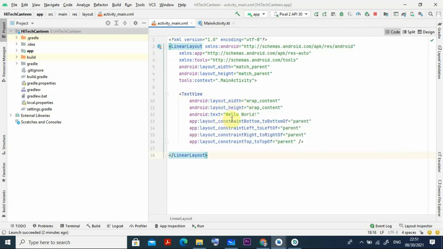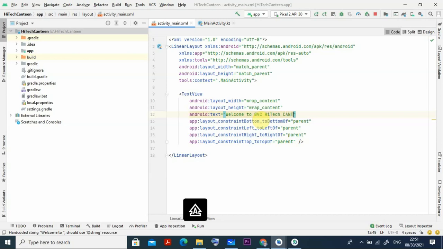The text here gives hello world, but instead of hello world, because it is BBC High Tech Canteen, I am writing it here: Welcome to High Tech BBC, High Tech Canteen.